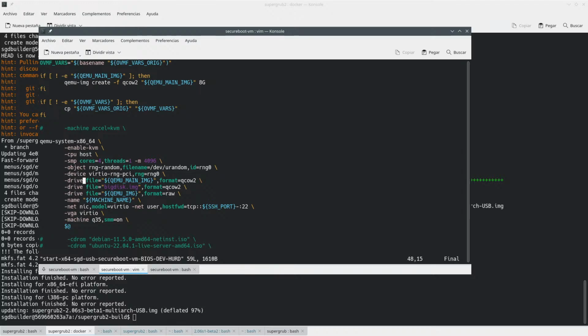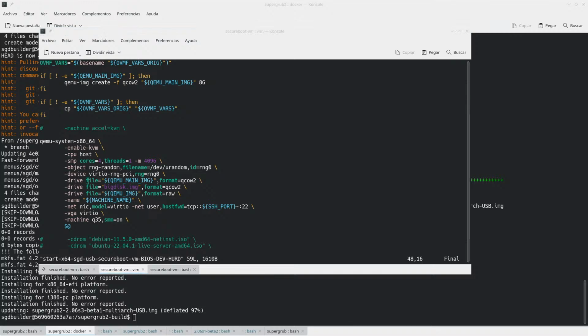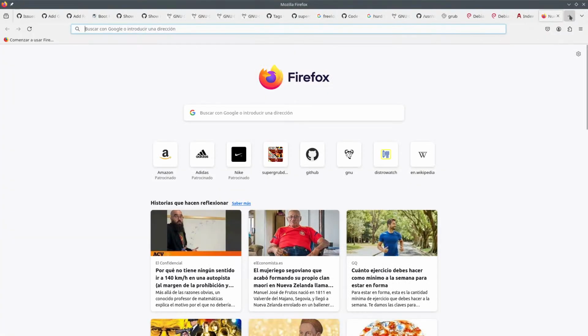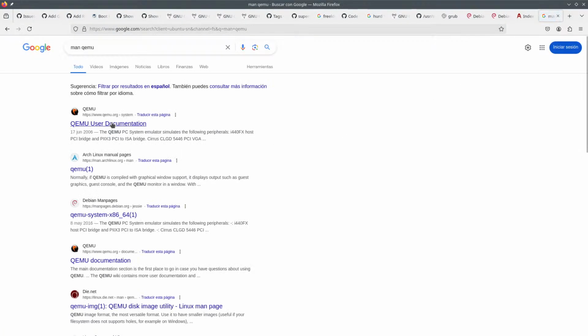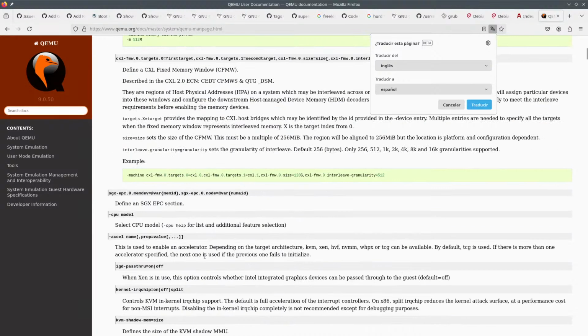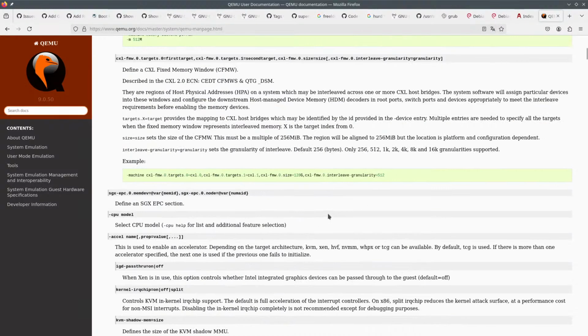So I should be able to define an ID for each one of these, hopefully. So let me see. Main QML. User documentation. Well, yeah, maybe. What about drive?